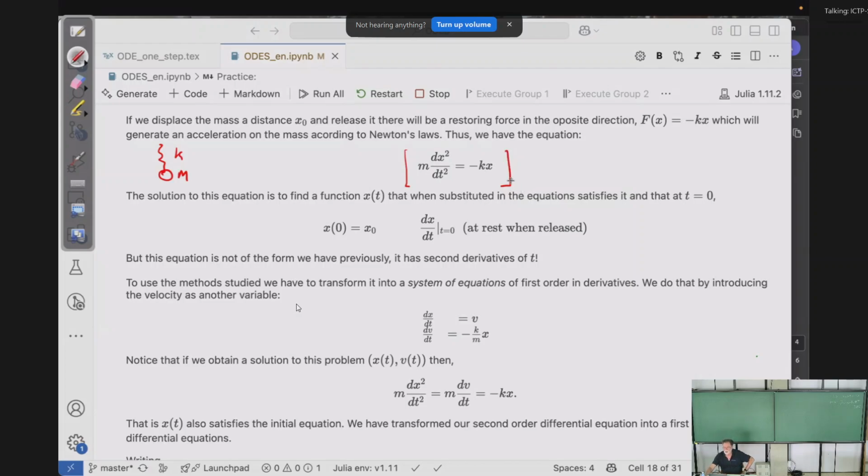Well, we know that for solving this problem, physically you need to give the initial position of the mass and the velocity. And suppose you want to solve it with some initial position and zero velocity. But this is second order. There are some methods that work with second order equations, but the easy way is to make this system first order, to use the library, say. So to make it first order, what you do,